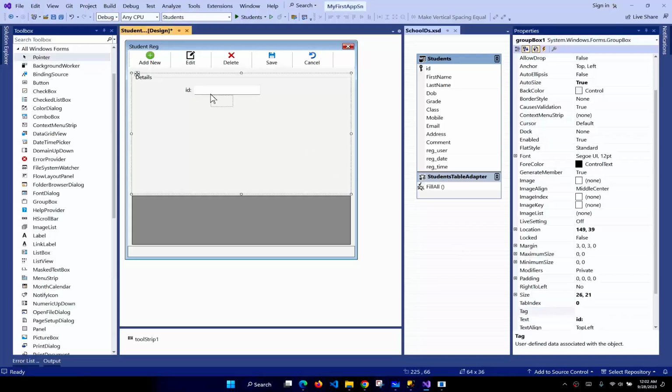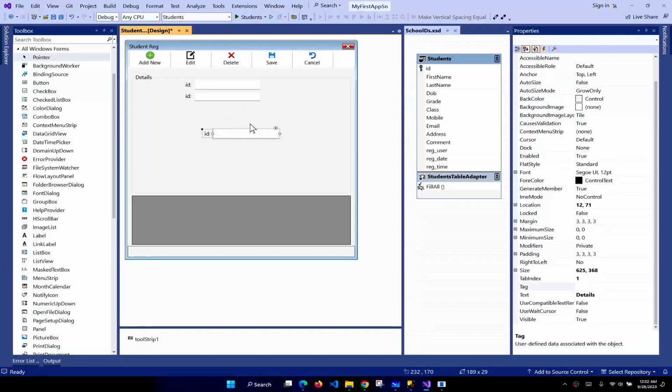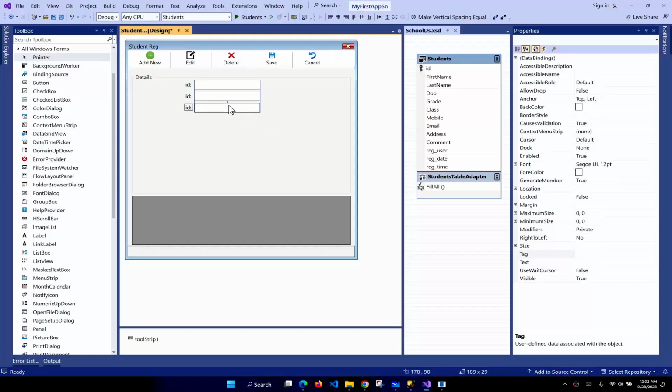Now let's come over here and select this and put it a little bit at the top like this. And also let's copy and paste over here for the next item. The next item is first name. And after that, the next one is the last name. You can see the last name over here. And the next one is